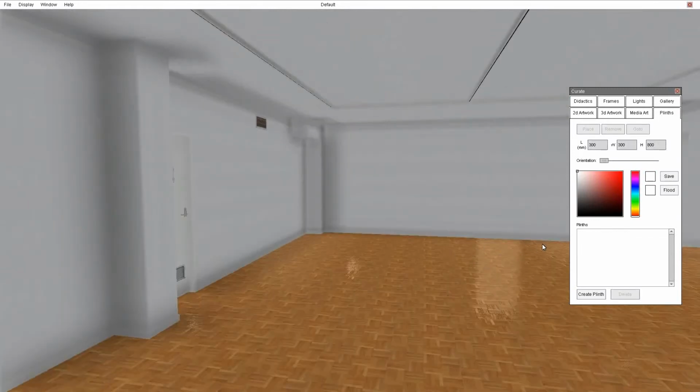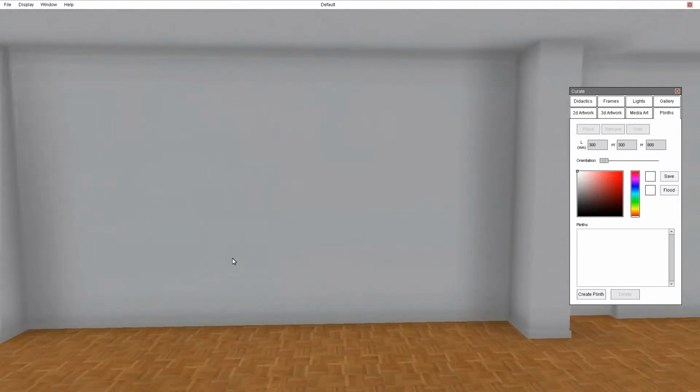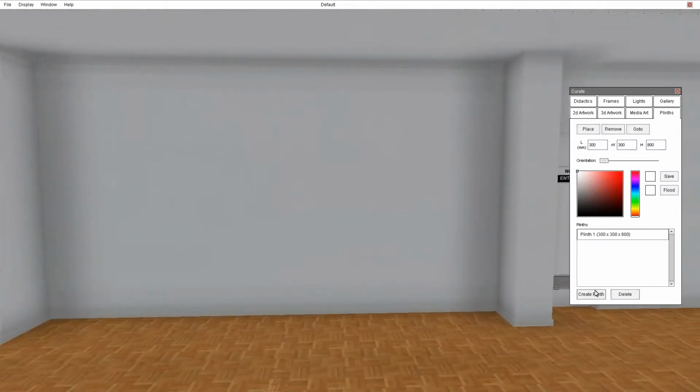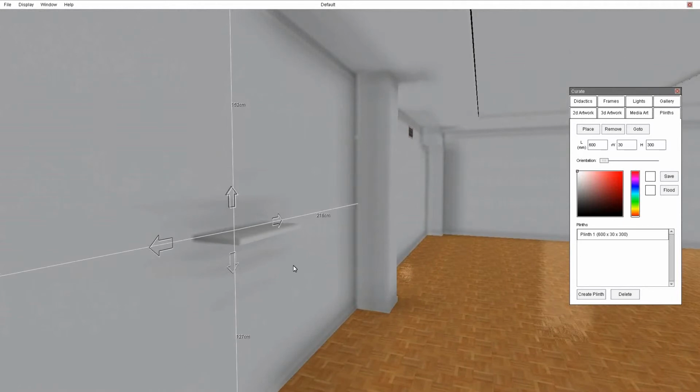Okay, we're now going to create a shelf. So we'll start with a clean panel just so that we all can see what we're working with. And what I want to do is create a plinth, and this plinth is going to be 60 centimeters long, so 600 mil. It's going to be 30 mil thick, and it's going to stand out from the wall 300 millimeters. So there it is. Now let's go ahead and place that on the wall. Now you note, of course, you could place this plinth anywhere, but let's say we're placing our plinth there, and there it is. So this plinth can now accept sculptures or anything else you want to put on it,